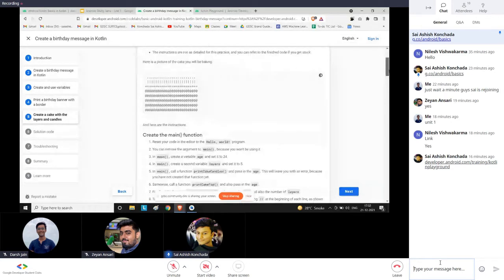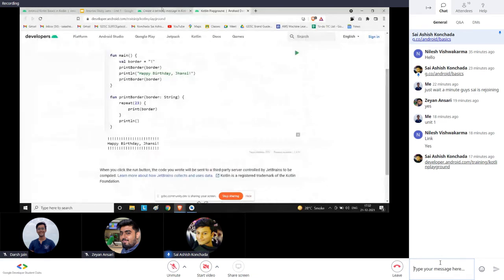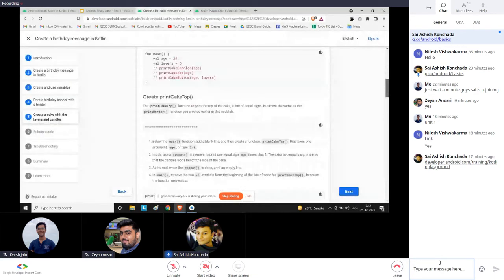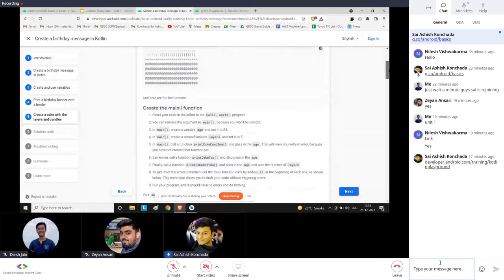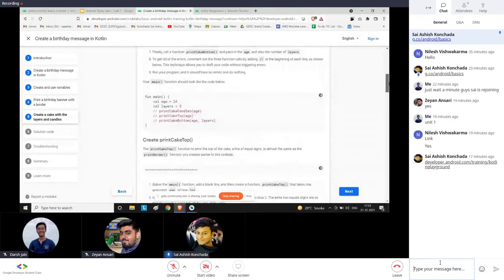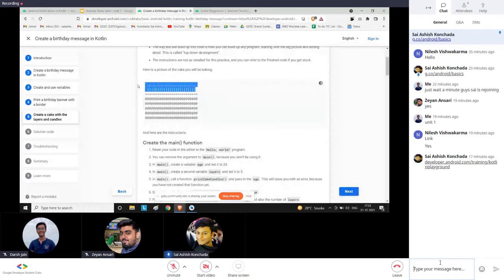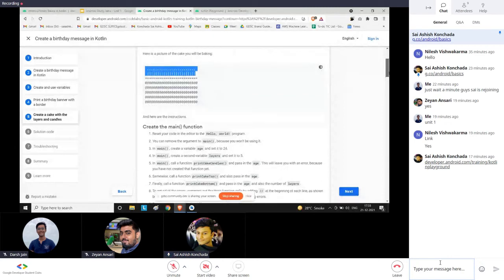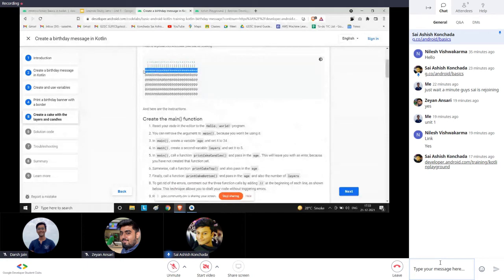So now what they're doing is they are printing this cake. Even in this cake there are a lot of repeated structures, right? Like there are a lot of repeated equal to's or the slashes, commas, a lot of at the rates to make this virtual cake. If we don't want to type or copy paste, we'll be using functions for this. So they have divided the cake into three parts. The first two is the candles, so this is like the print cake candles. Then this is the top of the cake, and this is the bottom of the cake.